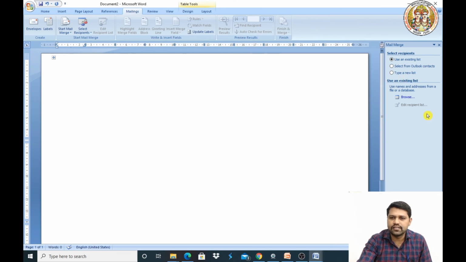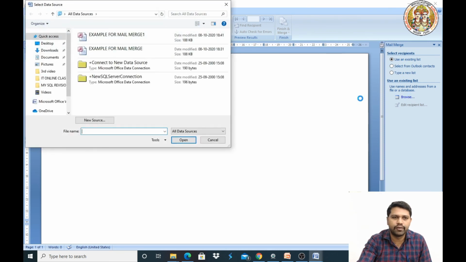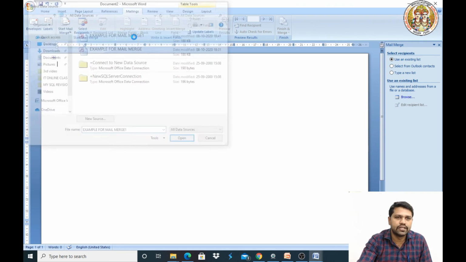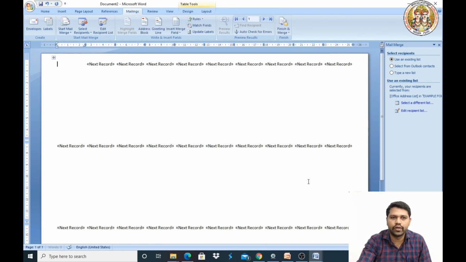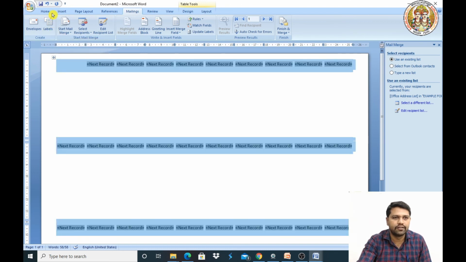And next is selecting the data source. We have created one, just browse it and take it. Use an existing list, click on browse, and click on this data source, which we prepared recently. Click on OK, and here it is showing that the first box is empty.